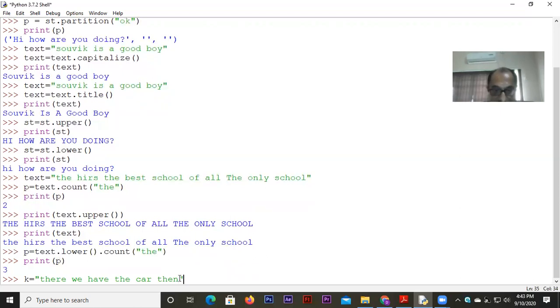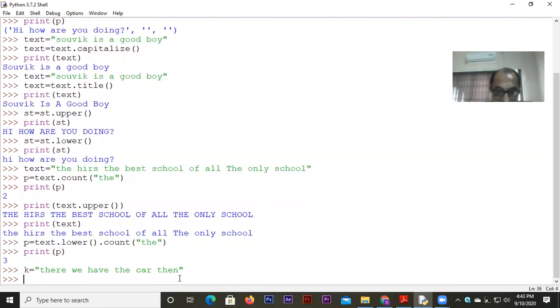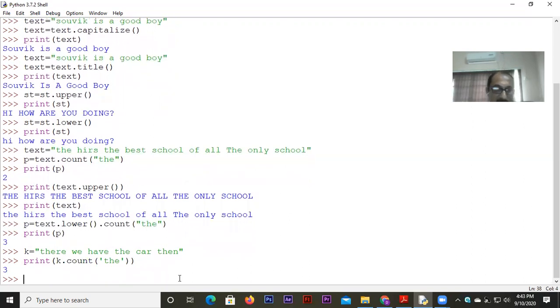Then let me straight away write k dot count and the word "the", in small letters. Now look at what is happening. Here it is 3. How is it 3? Because here, look at this, the word "the" is there as a part of the word "there". Here the word "the" itself is there, and here again in "then" it has counted the word "the".